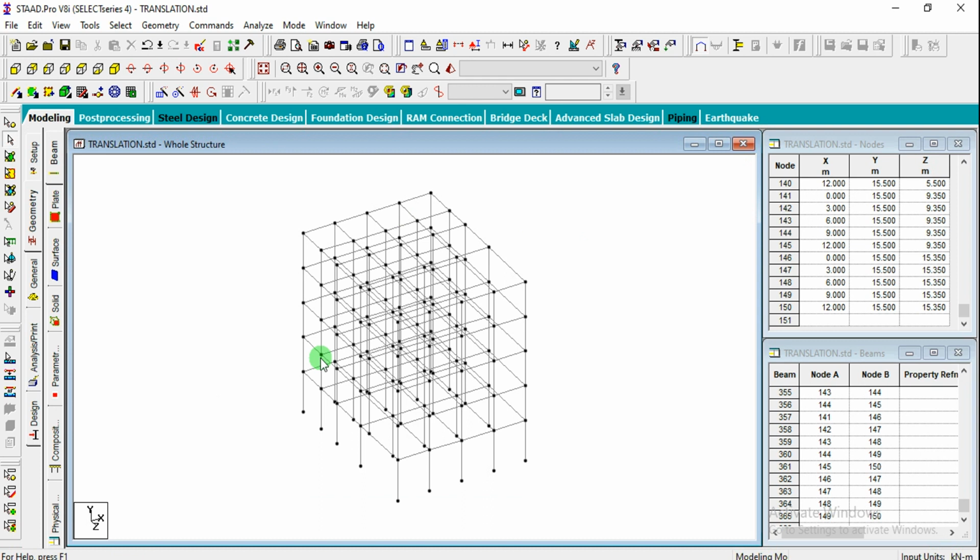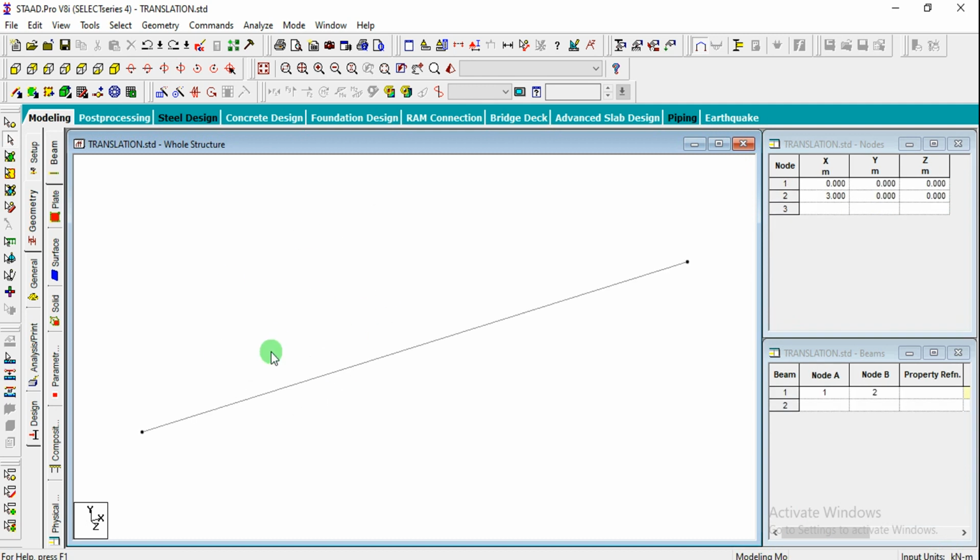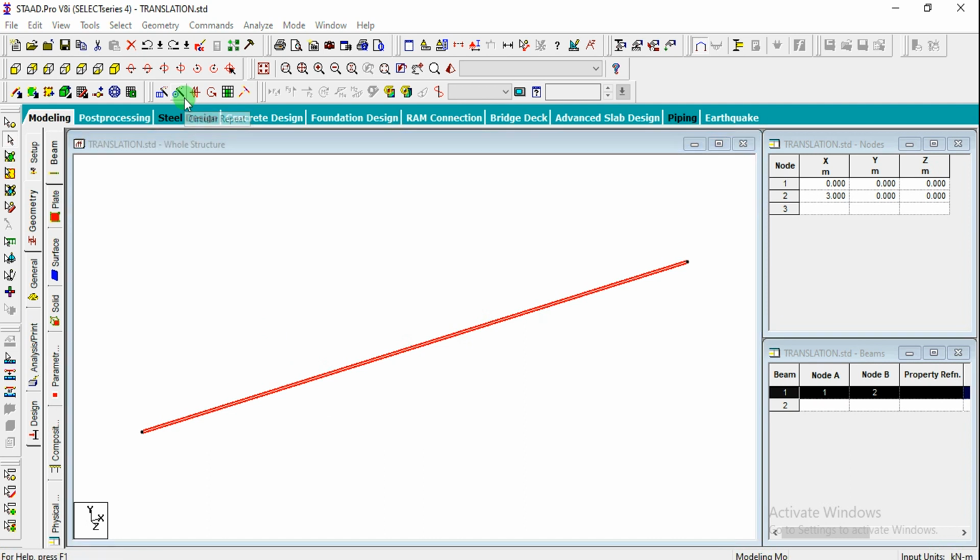So this is translation repeat. In a similar way, I'm going for undo here, so I'm coming back to the single beam. And if I want to repeat this in a circular way, we have created a structure along a circular, defined path by using the radial grid. Here I am going to use a circular translation repeat, circular repeat. What I am going to do is select this one and go for the circular repeat here.